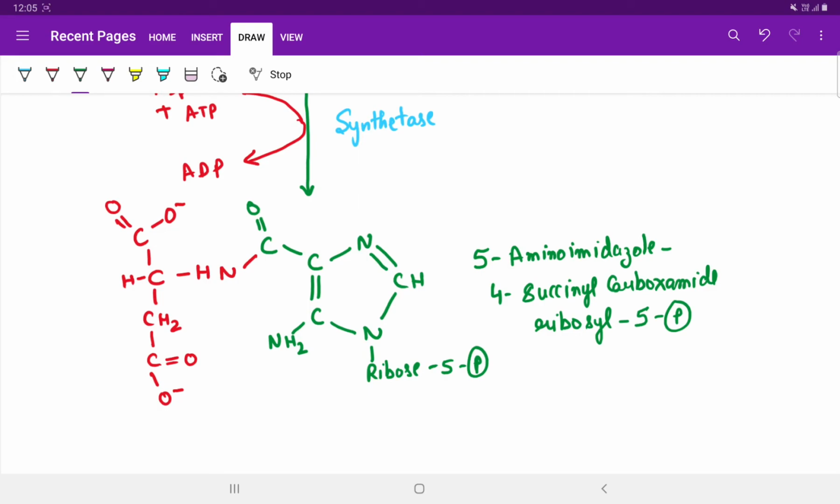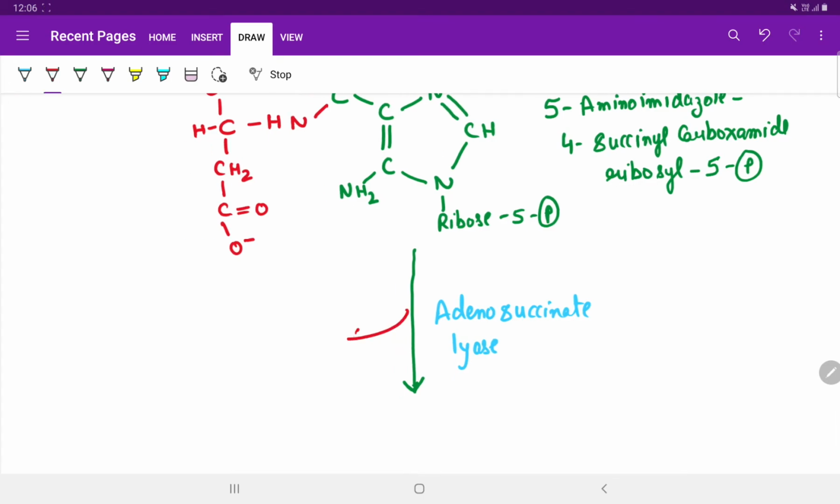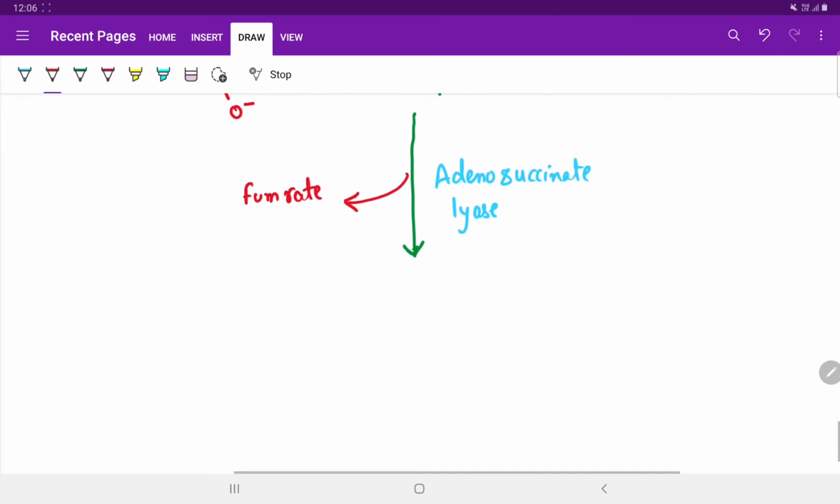So after this, a lyase enzyme will be acting, known as adenosuccinate lyase. So the next enzyme is adenosuccinate lyase. And during this process a molecule of fumarate is released, leading to formation of carboxamide, the 5-aminoimidazole carboxamide structure. So this will be represented as